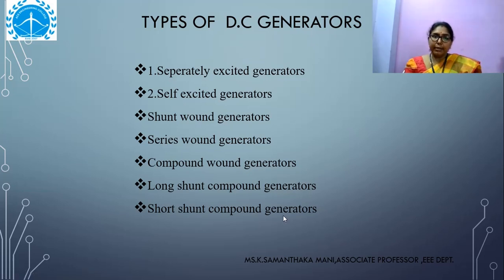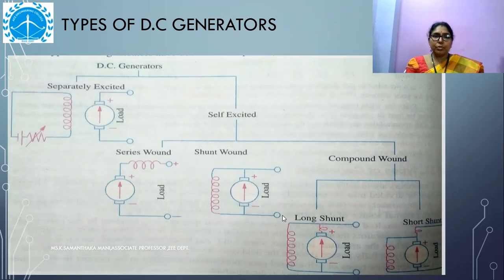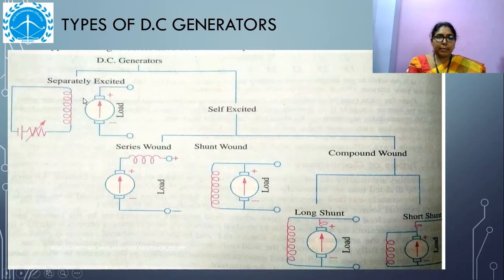This can be explained with the help of this diagram. If we observe the DC generators, as I mentioned, classified as separately excited and self-excited, we can observe very clearly the shunt field winding being excited by a separate DC voltage source connected through a variable resistance, and here there is a provision to connect a load to the generator. This is the separately excited generator. Coming to the self-excited generator, it will have different connections: series wound generator, shunt wound generator and compound. In the compound, both series and shunt field windings will be there.